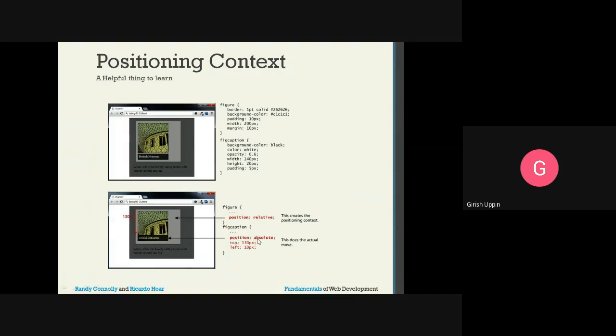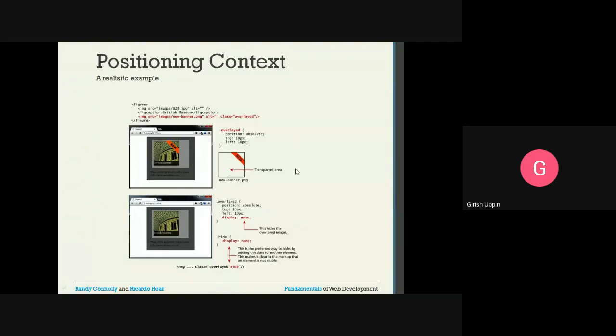In the case of absolute, it will be removed out of the normal flow, and it will get positioned according to its ancestor's position, from there by the specified pixels from top and left. So you can see here the positioning of the figure caption, from the top left corner 130 pixel from the top, and 10 pixel from the left. This is the actual positioning of the figure caption.